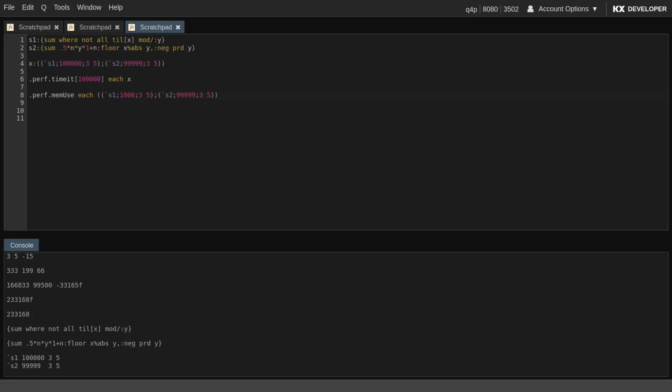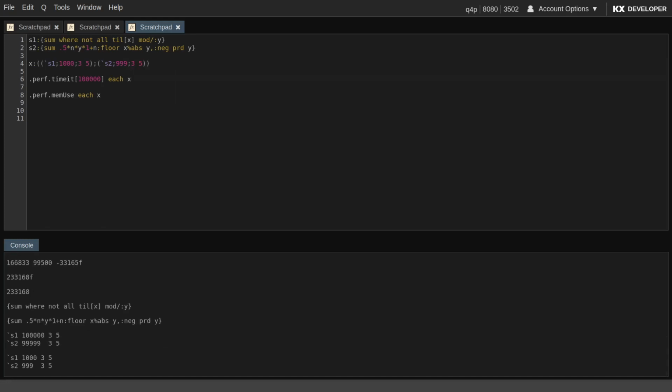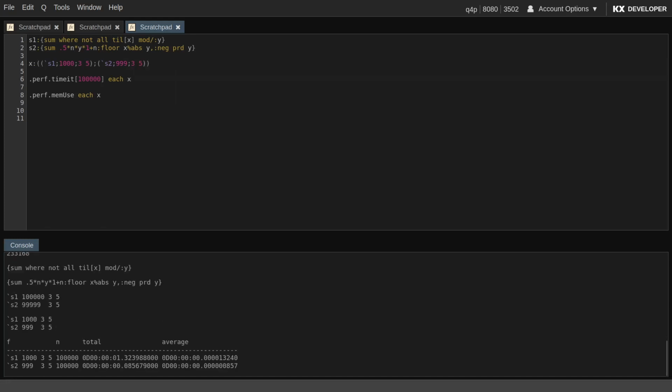So if I change this to X and define this, and if I run this, this is running 100,000 times each, you can actually see that S1 is